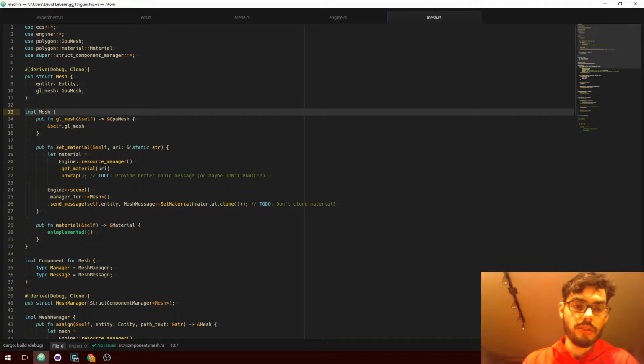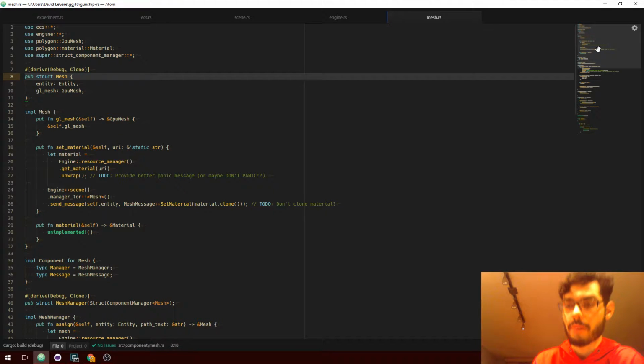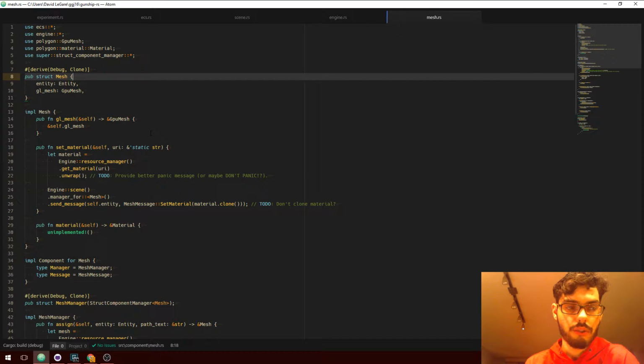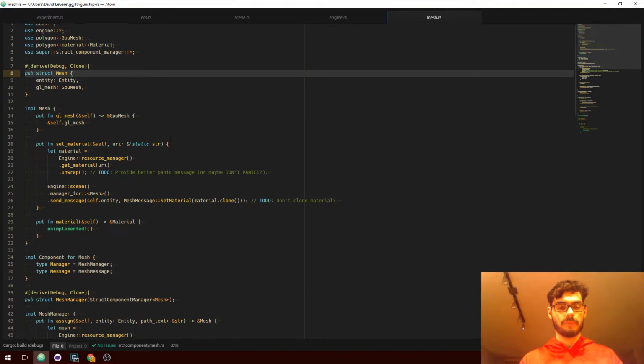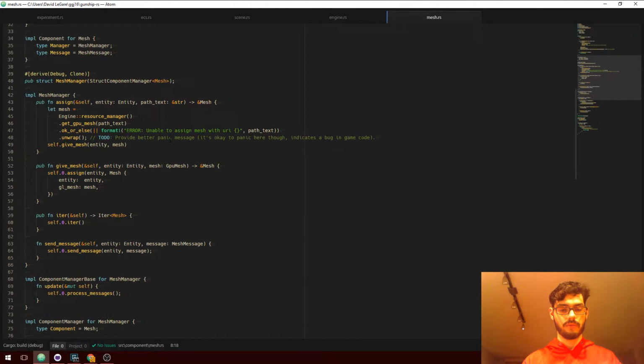But also calling this component mesh is a bad idea as well, because this is really more of a mesh renderer or a mesh filter. If I want to make analogies to Unity, which is kind of the only point of reference that I have, so I kind of have to make references to Unity. So this is going to get renamed, but in the meantime, let's just focus on where we are trying to access the scene.